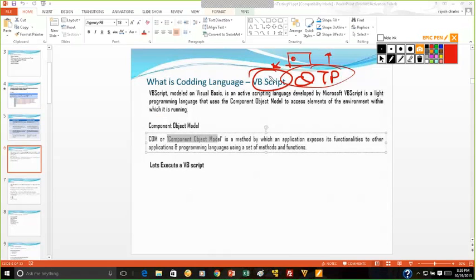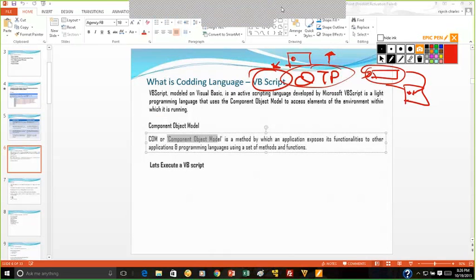Now using this capability, QTP executes its functionalities. So what does QTP do? If I want to click on this box here, VBScript will identify what the property for this is, and will give you the code. Now QTP will take this code and go and click on that particular activity that you wanted to do. Getting me?